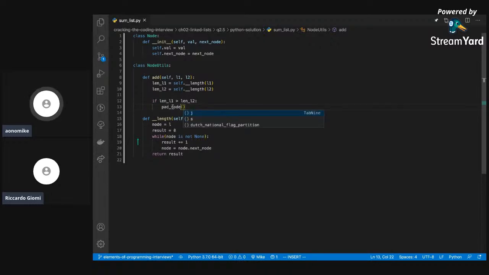So if length of L1 is greater than length of L2, you want to pad L2, and then len L1 minus